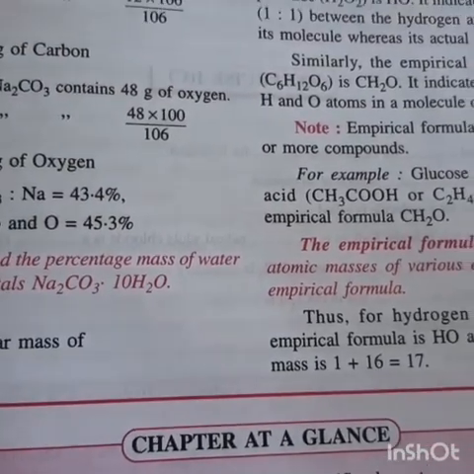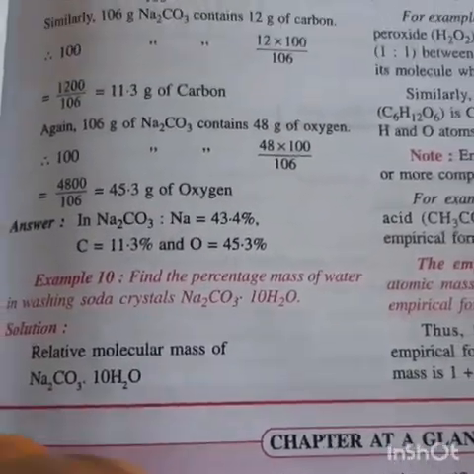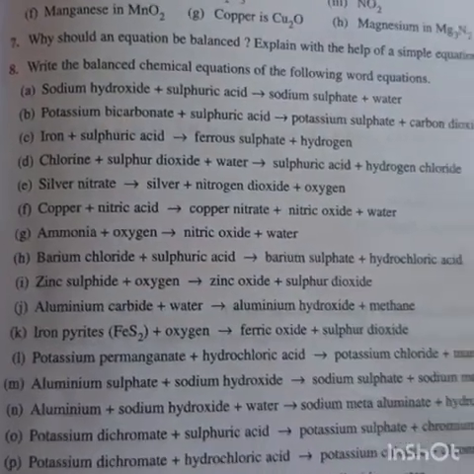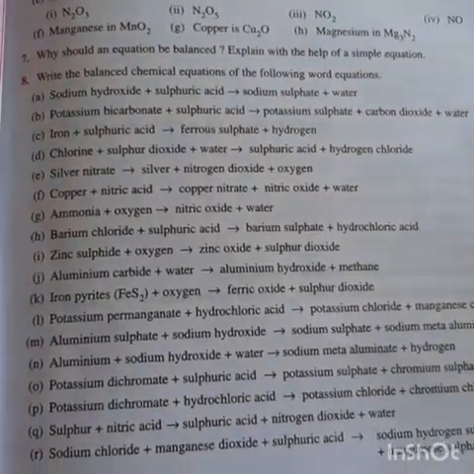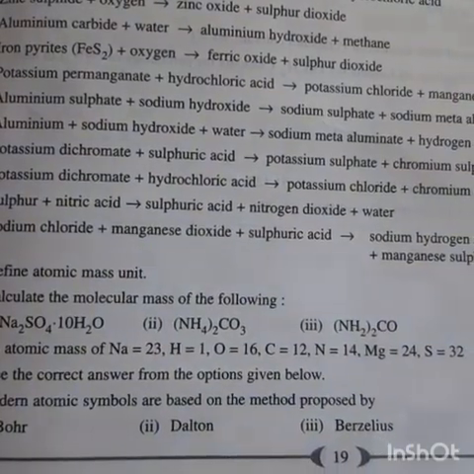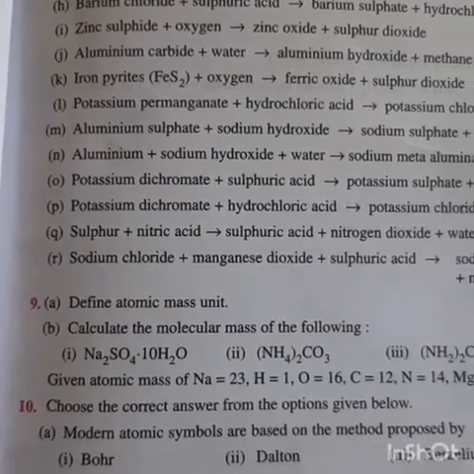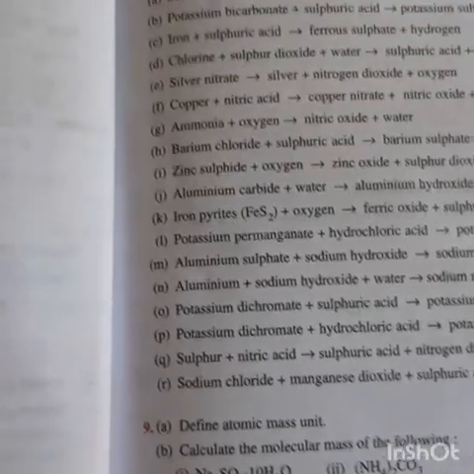So children, this is all about chapter number 1. Please go through all these exercises, and balance the chemical equations which are given in your exercise. There are a lot of in-text questions also, and there is a large number of reaction balancing questions given on page number 19, question number 8. So please do them. And there are certain numericals, for example, calculating the molecular formula, calculating the percentage composition of an element present in the compound, or finding the empirical formula. So please try to solve all of them.